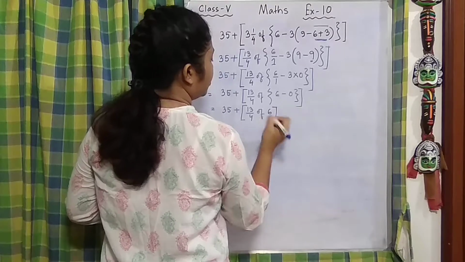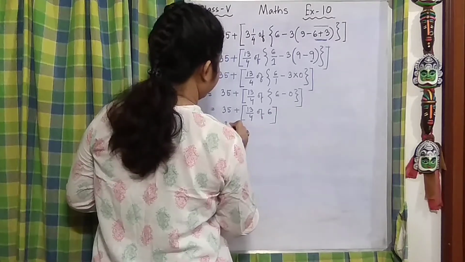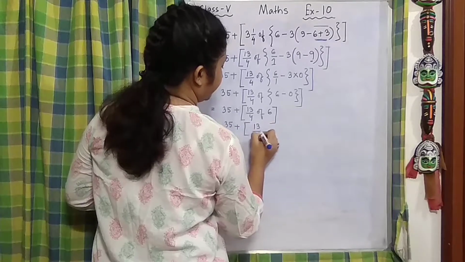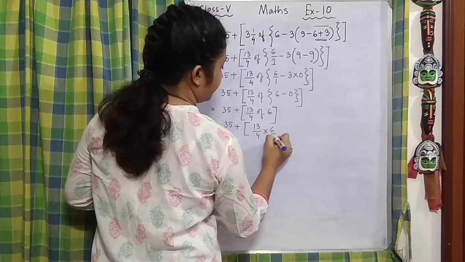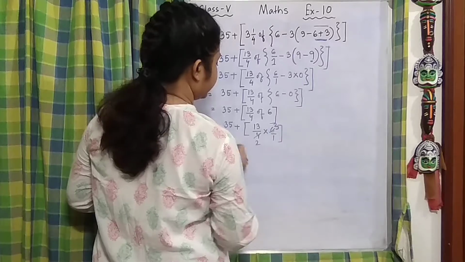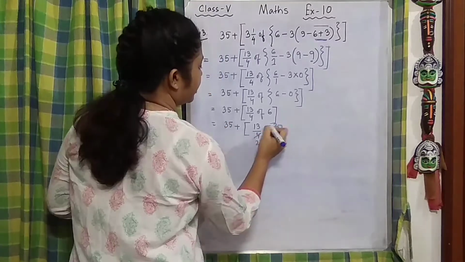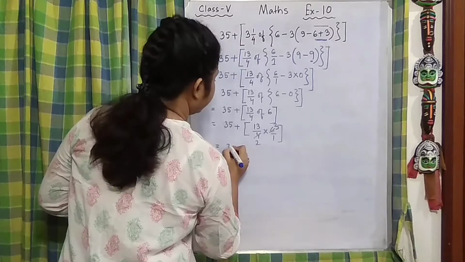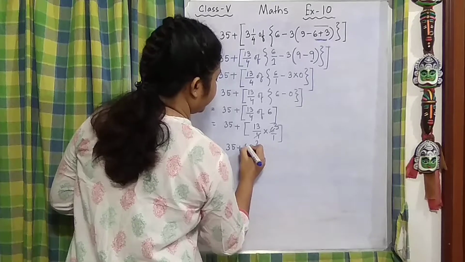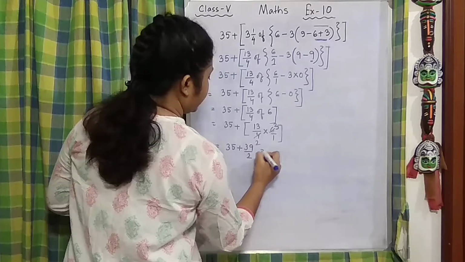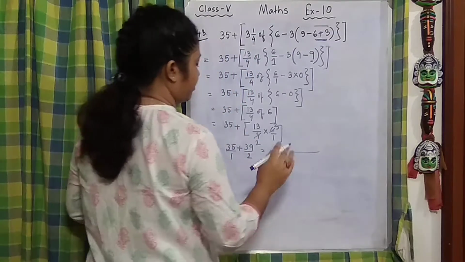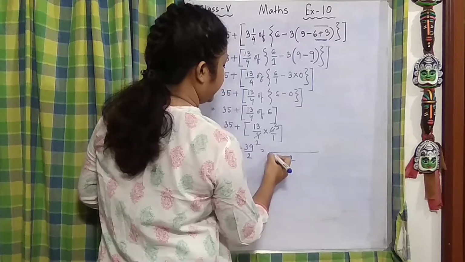Okay. So here see there is an "of" in between. So 35 plus, within the third bracket, 13 by 4 multiplied with 6 by 1 we can say. So 2 2s are 4, 2 3s are 6. Here now what we are going to do? We are going to multiply 3 with 13. So after we take out the third bracket we are going to get 39 by 2. Now we are going to take a simple LCM and complete the sum. So here the LCM is 2.